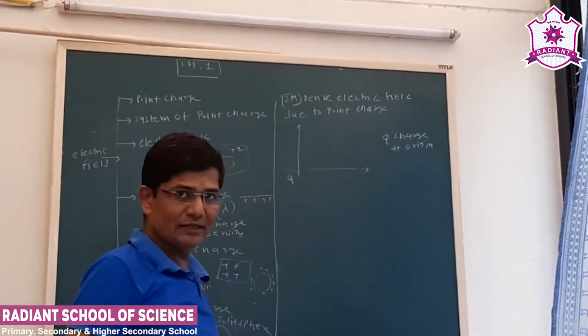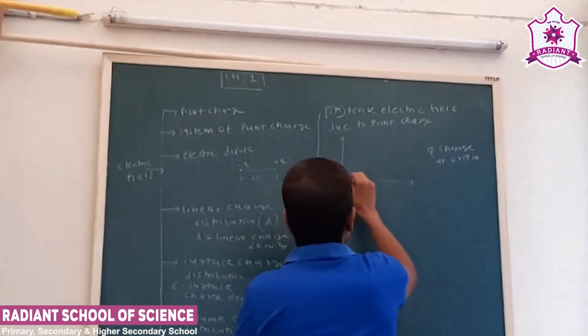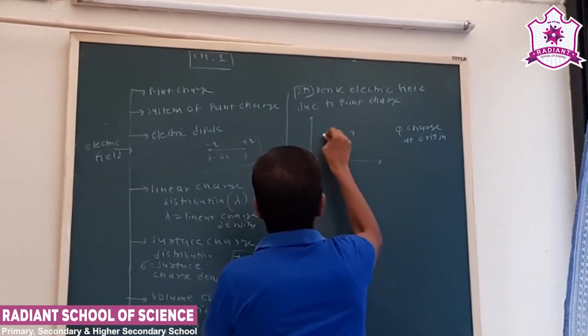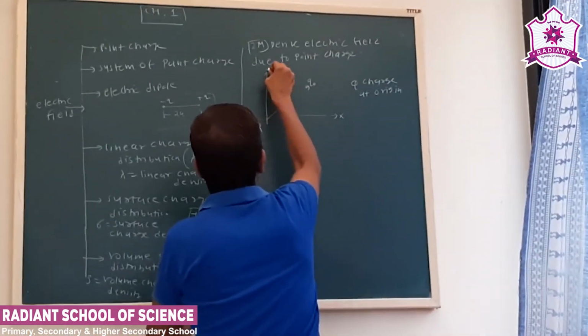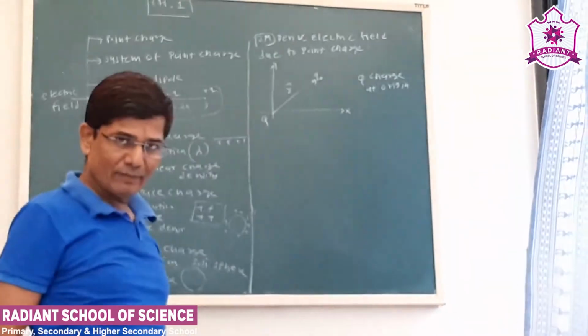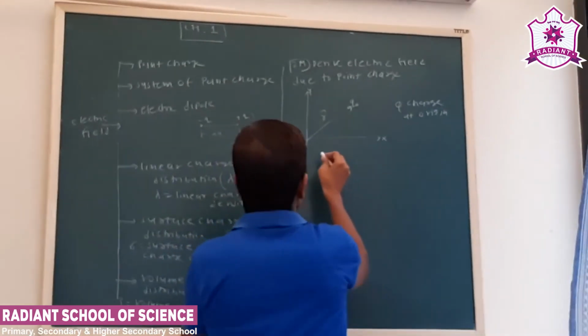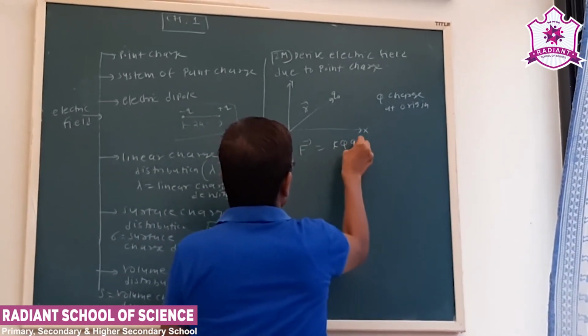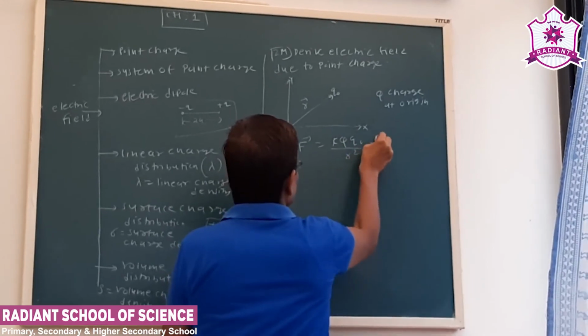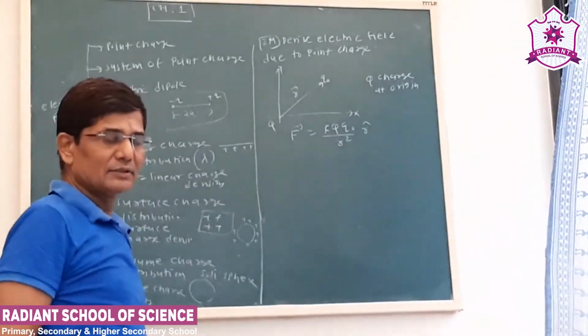Now see our test charge is anywhere, at whichever position vector R in the space. It can be 3 dimension or 2 dimension. Now see, the force F is equal to K Q Q0 upon R square into R caret. See, by definition,